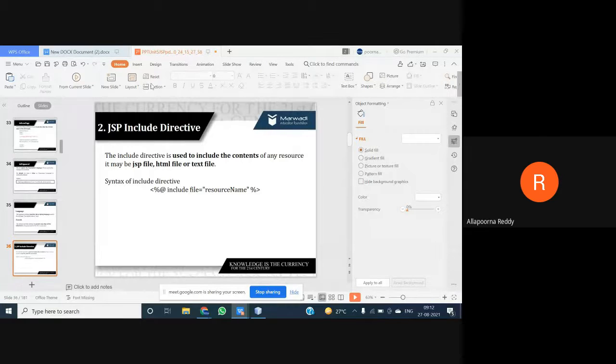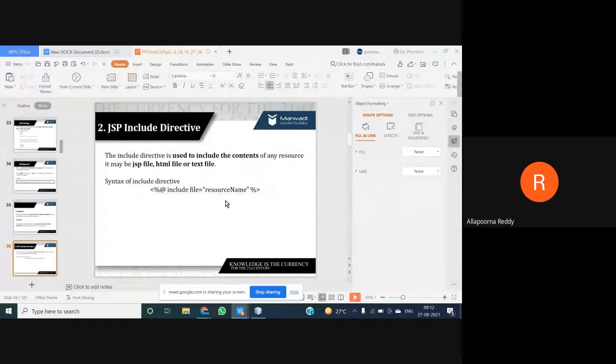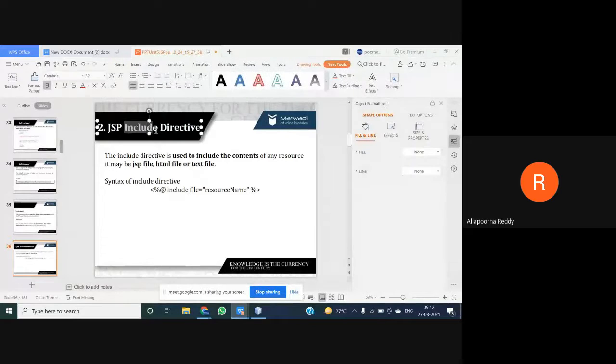For that purpose, we use the syntax where, instead of page, I am coming with one more directive name. What is the directive name? Include. So I need to use include. And what is that file you are including? That file name you want to mention here. So file is an attribute, you can think of it, and we need to mention the value, the name of the file. Then if you mention it and execute, it automatically moves to the file you are asking for redirection. But redirection is done in what manner? In the include manner.